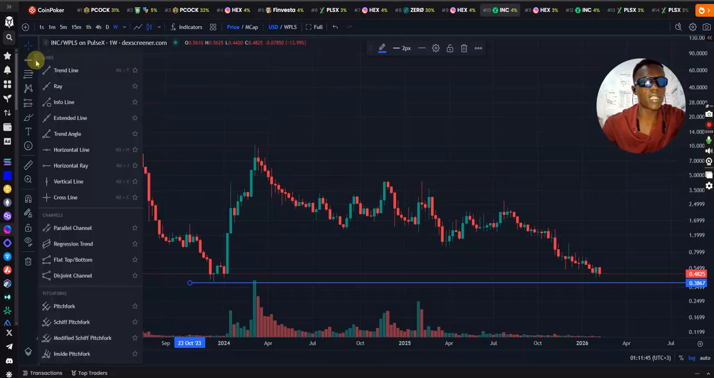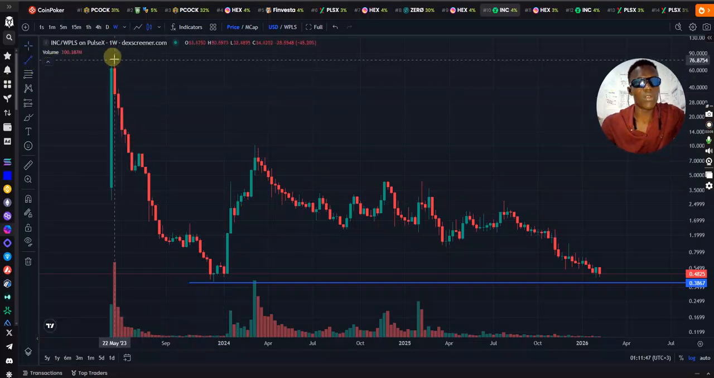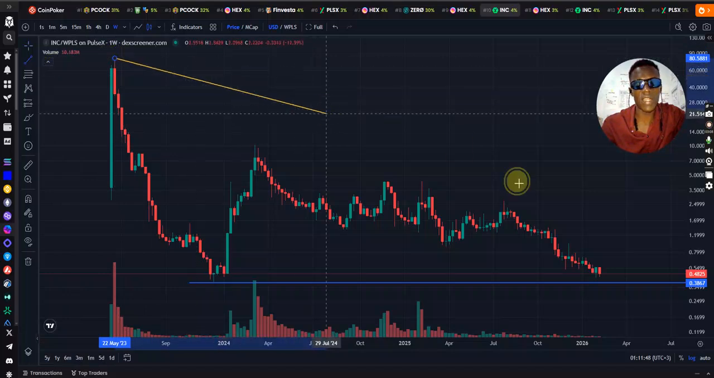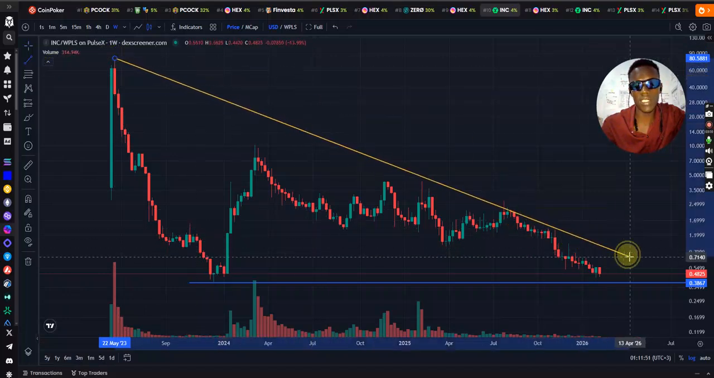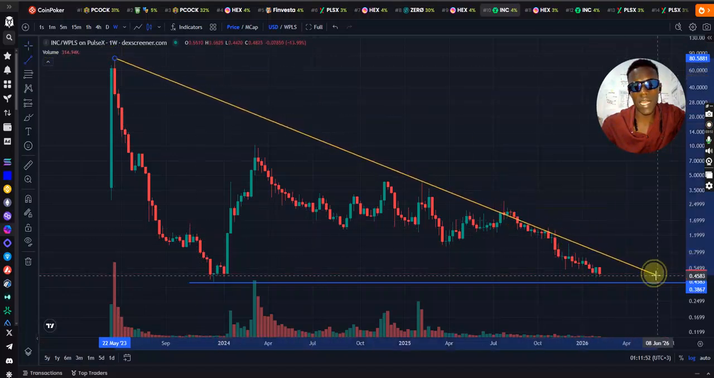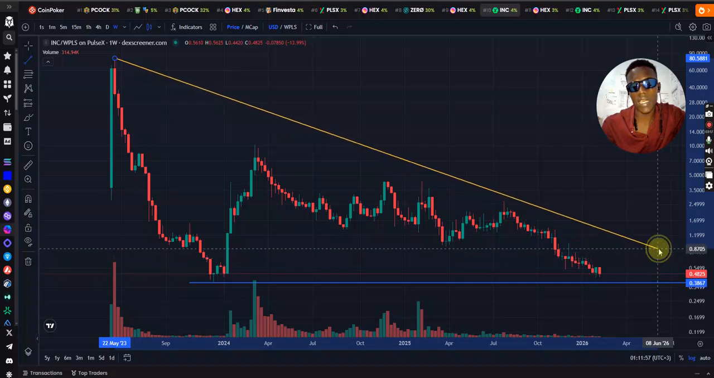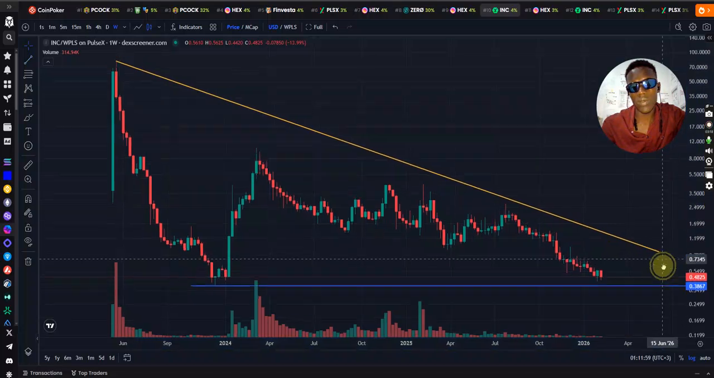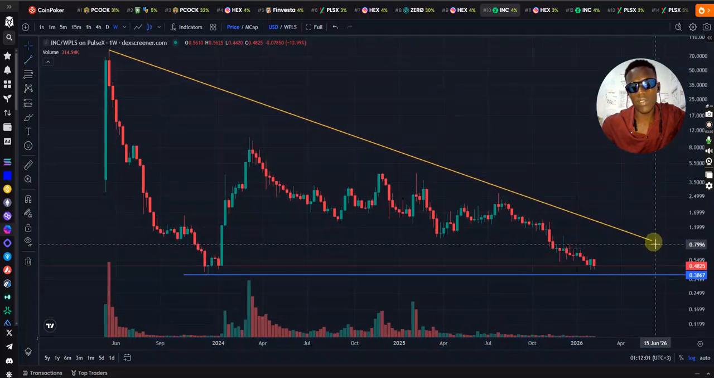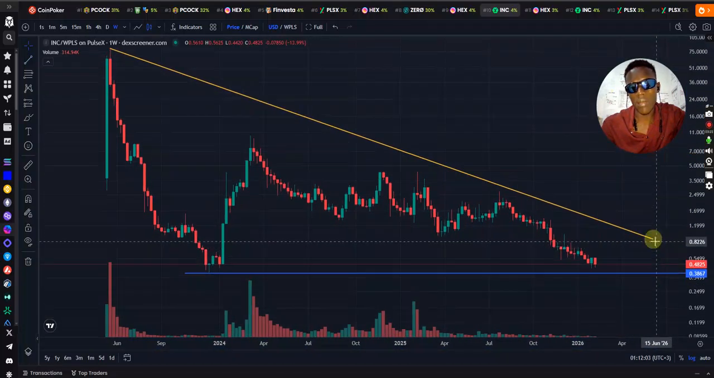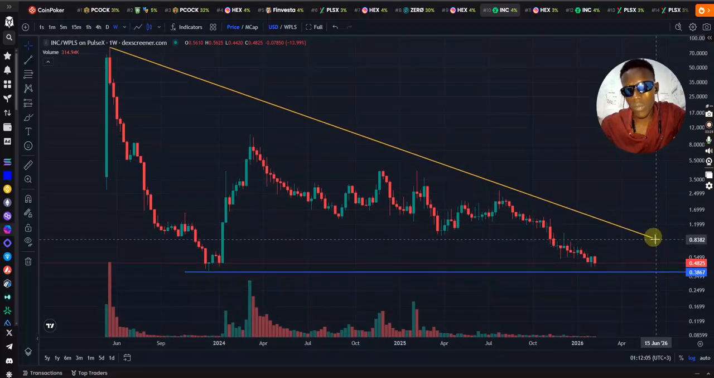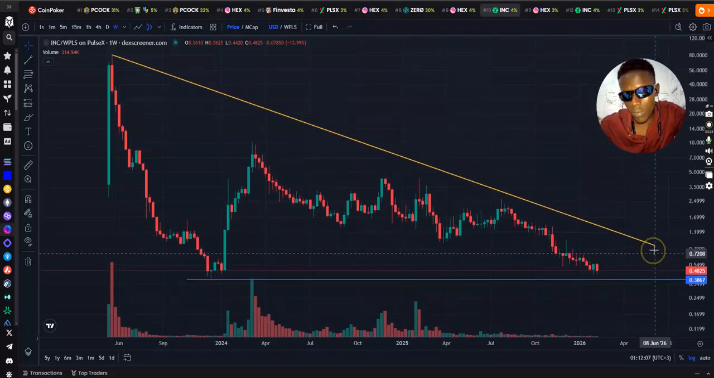So this is the highest price it has ever been. We can usually just connect the very highest points, and now the next highest point that the market had reached. So once you have connected those two areas, you are able to